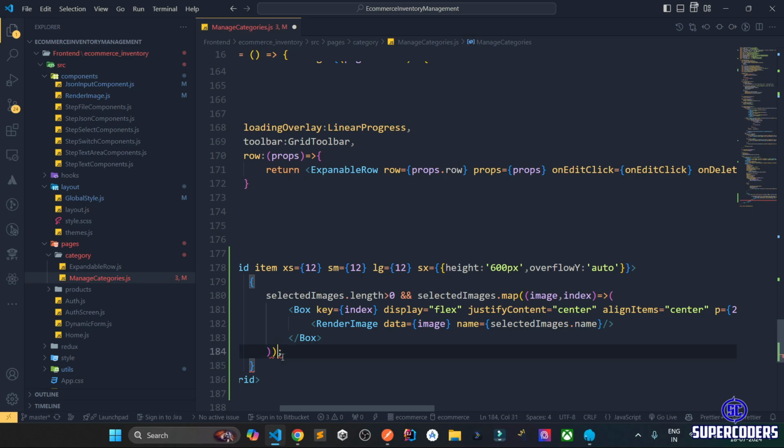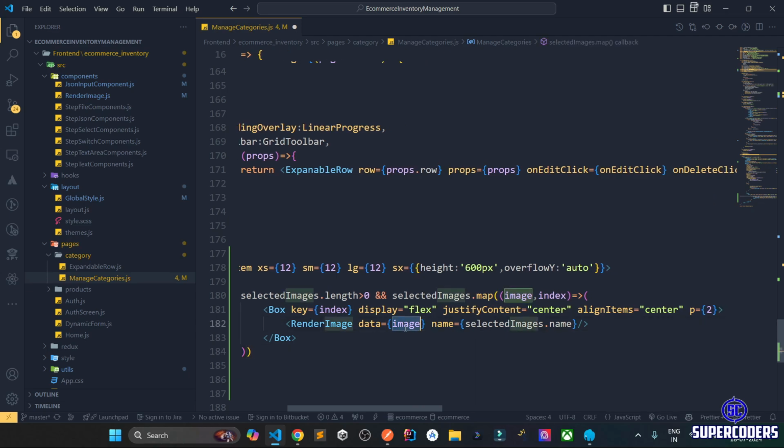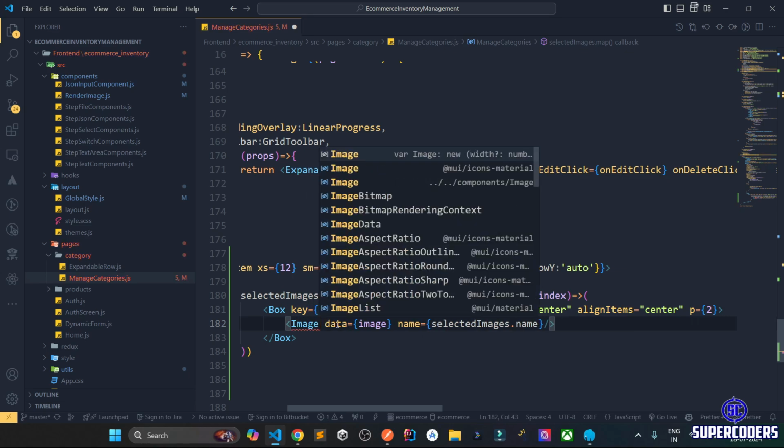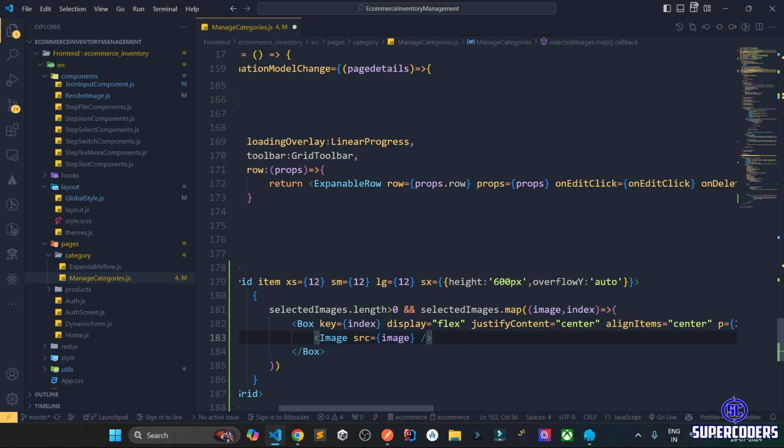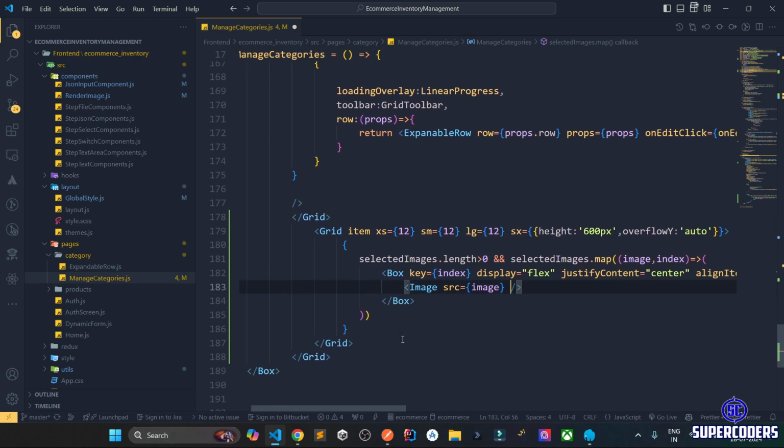So here I am showing all the images. Here we don't need render image. I am going to use the image tag directly. Image tag, and here passing src equal to image. Right. After that is done,